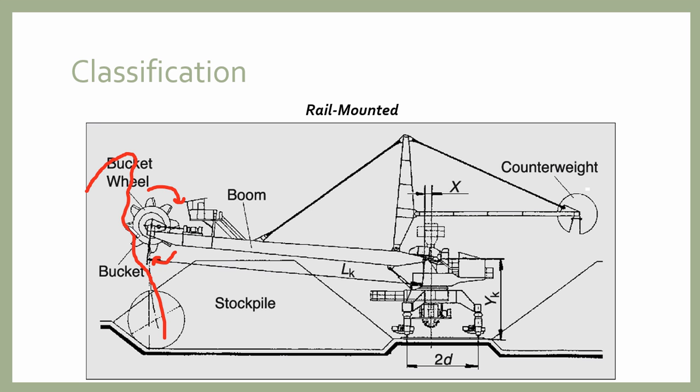When it is rotated, it cuts or digs the material and is filled up, and then it comes here to the trench and drops the material. When the material is dropped in this trench, the trench is rotated, and with the help of this rotation the material is stored in that place. So these are the basic working processes of a rail mounted